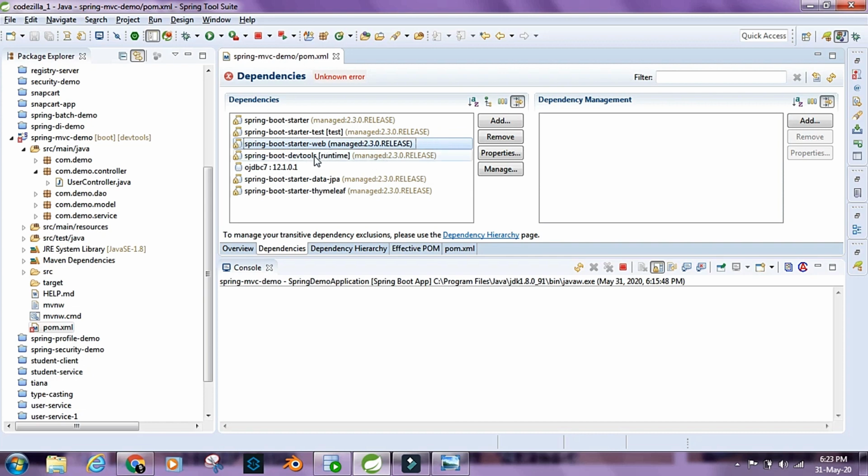And then we have Spring Boot Dev Tools. So every time we make a save, the server is going to restart and it is going to take in the changes. Then we have OJDBC, so that is for connecting to the database, the Oracle database that we are